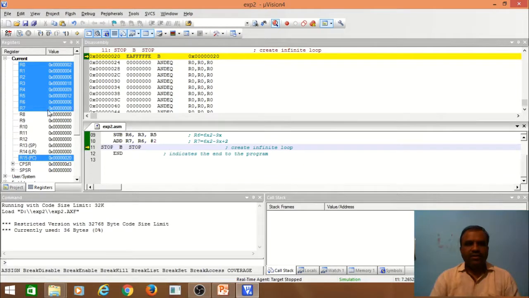Now you can see the result for the given equation 6x square minus 9x plus 2 for a given x value. X value is 2 here. So the result will be 8. That will be present in R7.